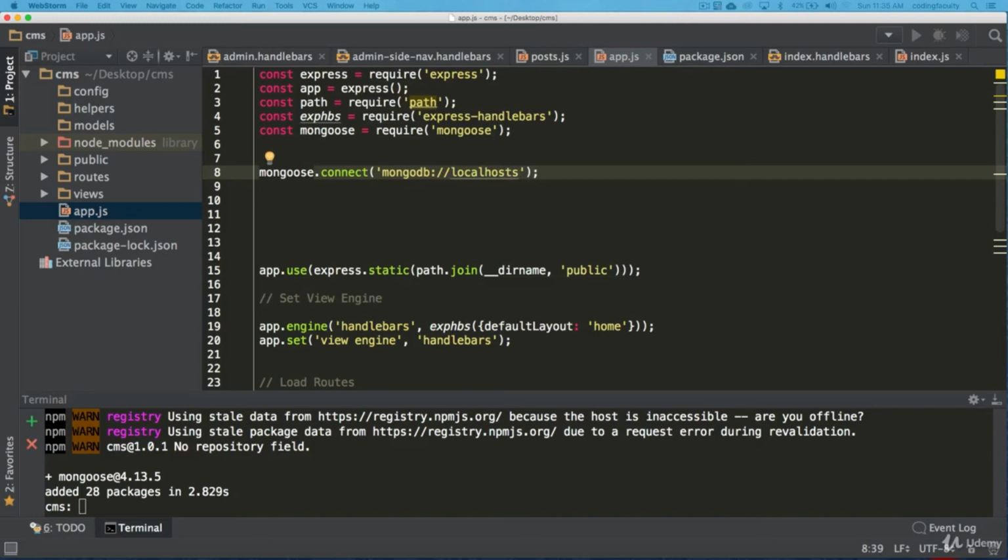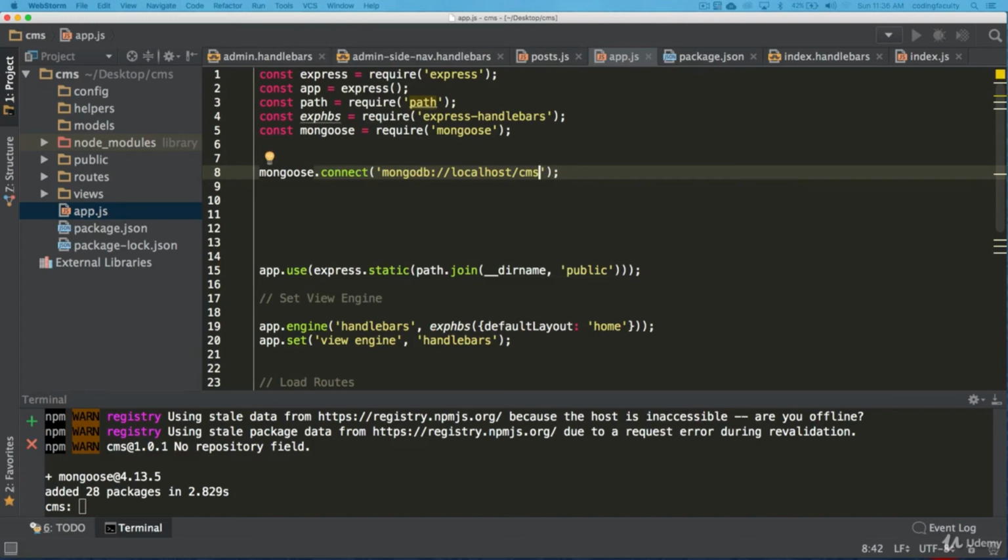Now you can also type in 127.0.0.1. Some people have issues with localhost, so you might want to put just the IP of that local server. And now we could say, well, the default port. Sometimes this will work like this, and you can just put the database.